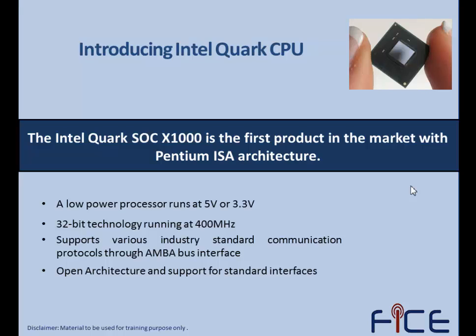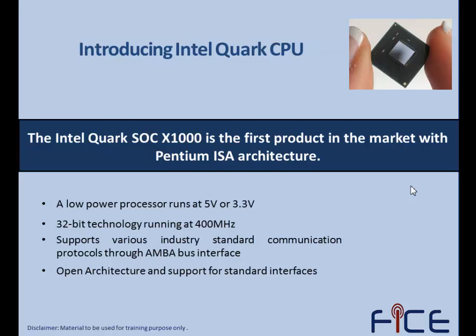Similarly, the CPU core or SoC, when we talk about this Intel Quark SoC X1000, it first has to employ the open architecture. It should support the various standard interfaces that all the embedded ecosystem supports, like I2C buses. It should support SPI buses, UART buses. So this Intel Quark CPU itself is targeted towards that market segment,